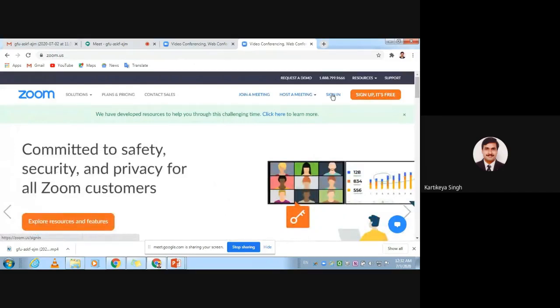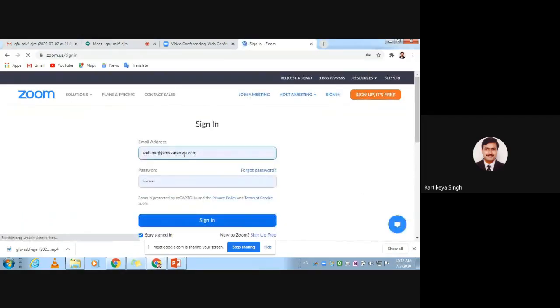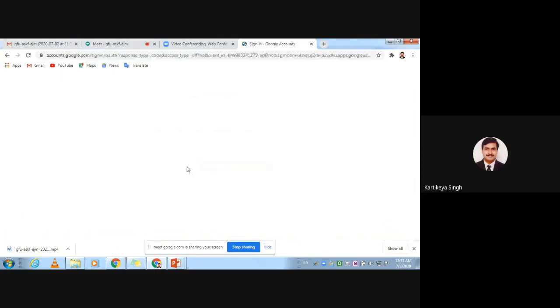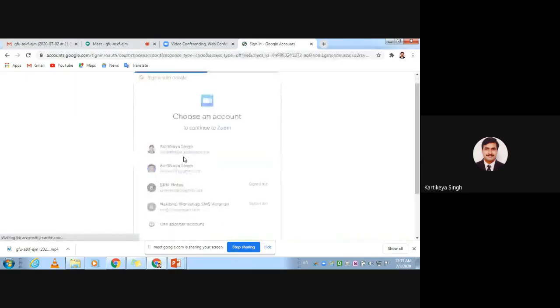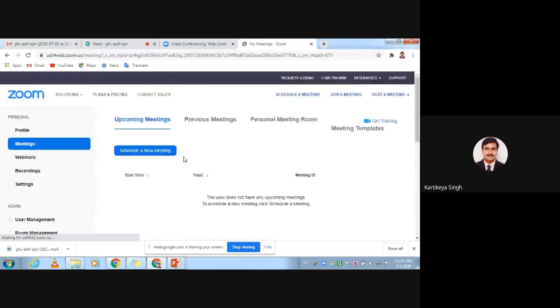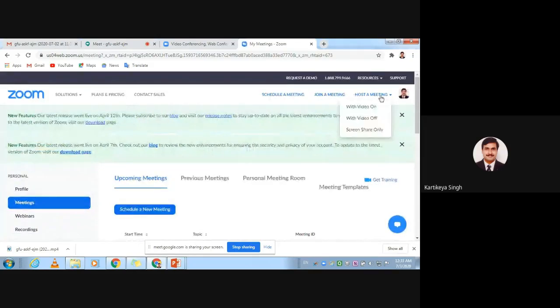Most of us are using Gmail ID, so we are going to sign in through our own Gmail ID. Now I'm going to use sign in with Google. I have my own mail ID, so I'm going to utilize that Google mail ID. Now, as the password was saved there, it directly asked me to enter.